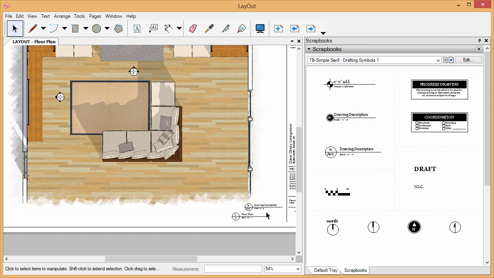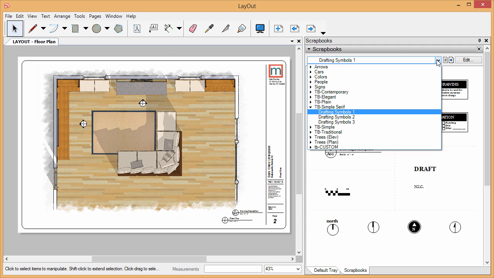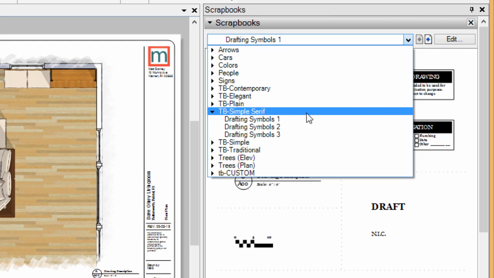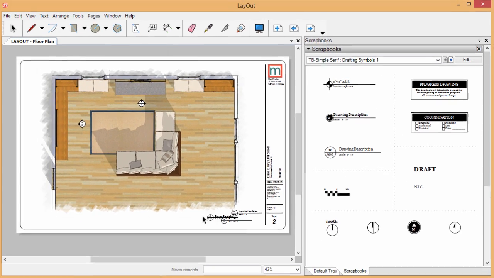So in this video, what I want to do is show you 5 tips that I use to become more efficient with my time when using scrapbook items. So the scrapbook that I typically use most often is one of the default scrapbooks, which is the TB Simple Serif. The ones that I use most often are this detail label right here,